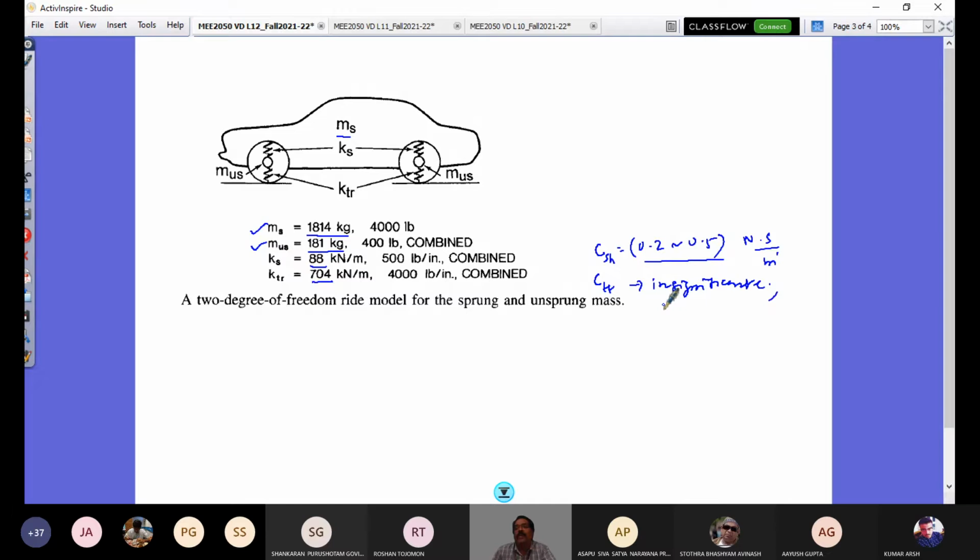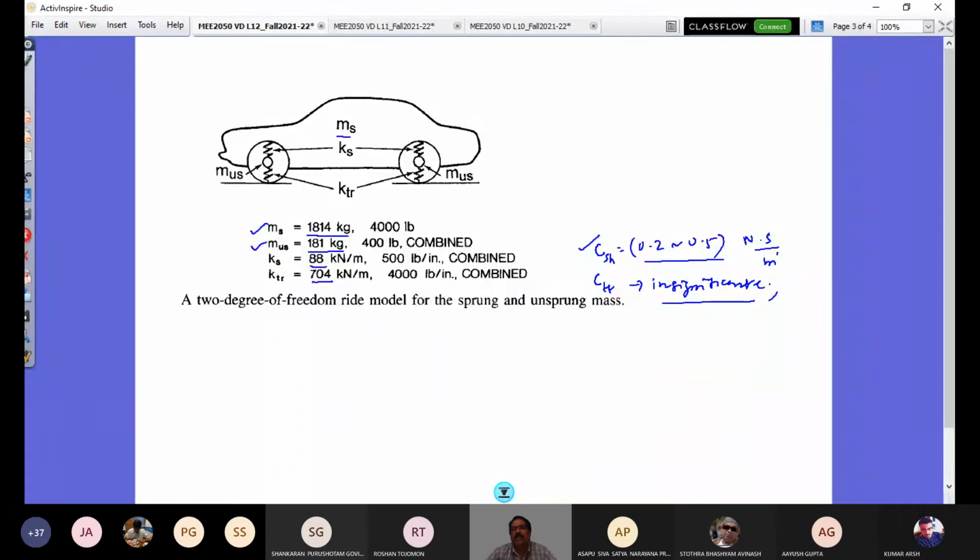So most of the time in analysis, you can neglect the tire damping, and you can have only a spring to represent the tire, and the shock absorber with your shock damper element there, right? So it's insignificant compared to that of the shock absorber. So with all this understanding in mind,